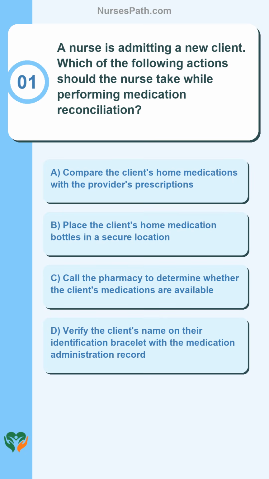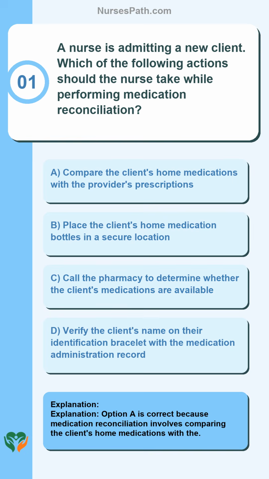B. Place the client's home medication bottles in a secure location. C. Call the pharmacy to determine whether the client's medications are available. D. Verify the client's name on their identification bracelet with the medication administration record. Explanation: Option A is correct because medication reconciliation involves comparing the client's home medications with the